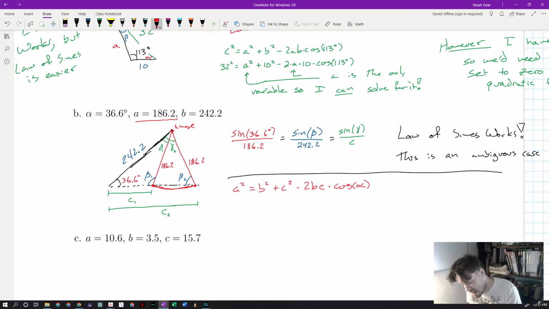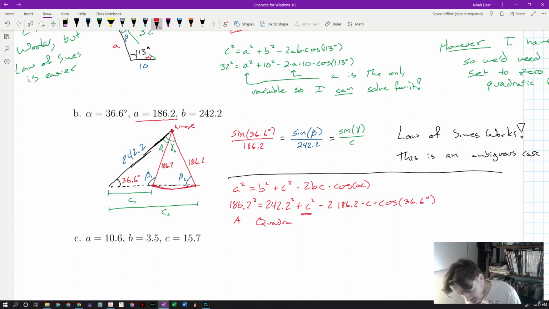And doing that, we'd get 186.2 squared equals 242.2 squared plus c, we don't know, minus 2 times b, which is 186.2, times c times the cosine of 36.6 degrees. And again, this is a quadratic